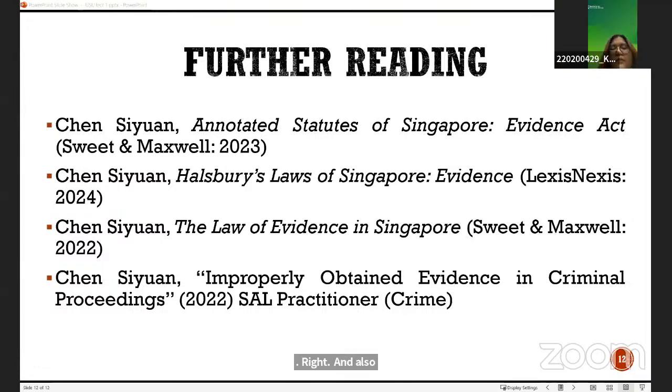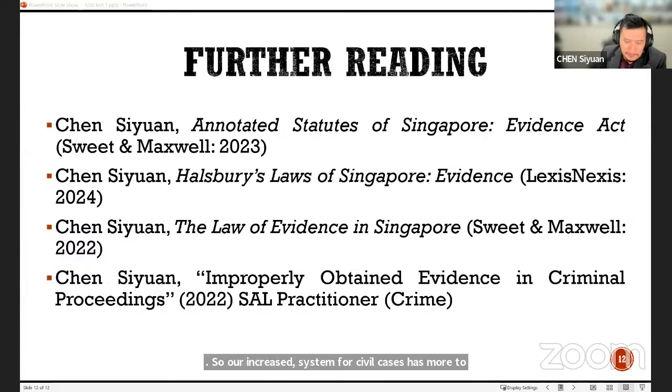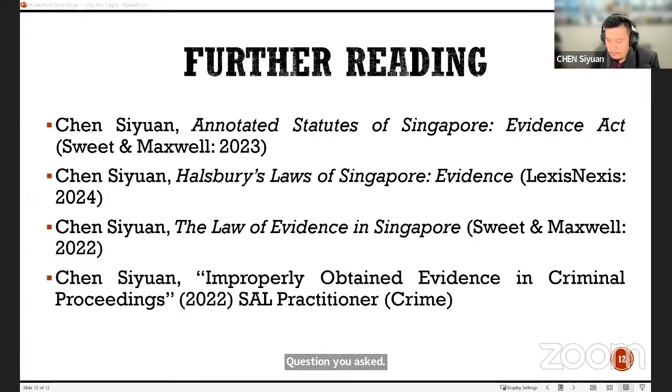Okay, then there's a question by Anastasia. Are the judicial decisions that have become precedents collected and codified in a single document? Okay, so they are collected, but they are not put together in a single document. I suppose if one wants to understand the law of Singapore, usually people will read the textbooks by the academics, right? So the job of the academics in Singapore is to look at all the cases and rules and to structure them and explain them in a way that other people can understand. But otherwise, the courts themselves, they do not consolidate everything for you.